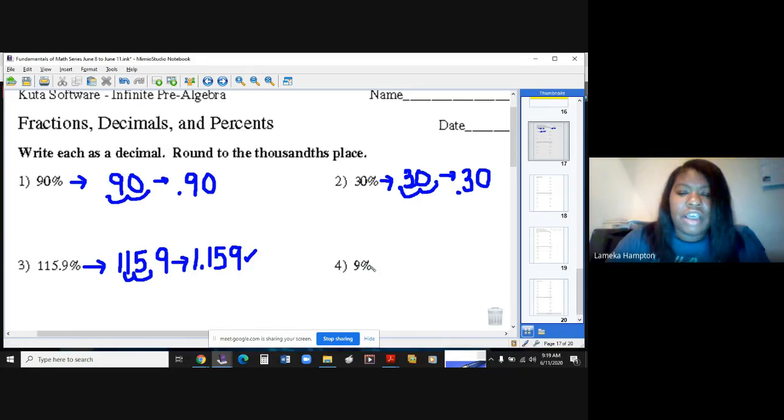Okay, now for number 4, again, do not be alarmed at the fact that there's only one number. You still would follow the same rule by moving your decimal place 2 places over to the left. Now, because I only have one number, I am simply going to move my decimal 2 places over to the left. This invisible hump right here serves as a placeholder for 0. So what I would do is add a 0 and then add my decimal point. So my final answer would simply be